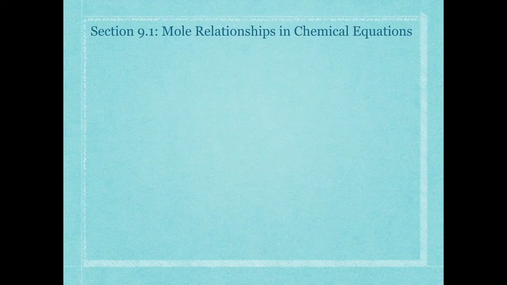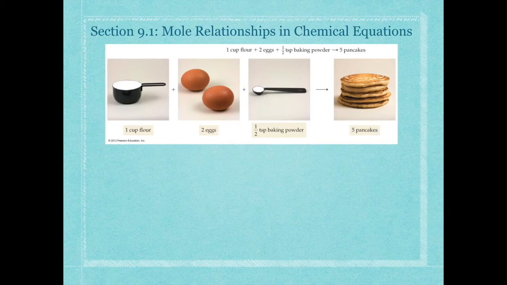But before we get into that, let's review some of the concepts that we've already talked about. Specifically, let's look at a chemical equation. So this is an everyday example. In order to make 5 pancakes, I need a cup of flour, 2 eggs, and half a teaspoon of baking powder. Remember that those 3 entities on the left-hand side, those are your reactants,